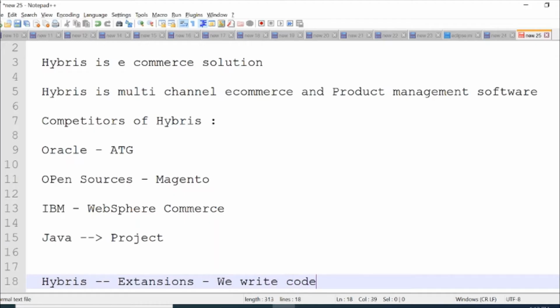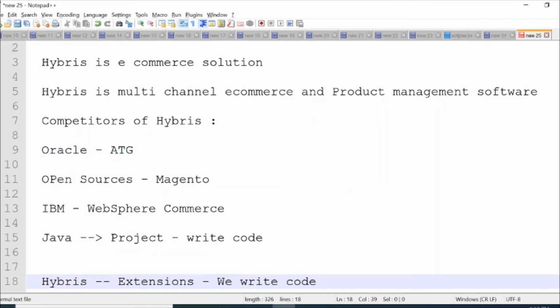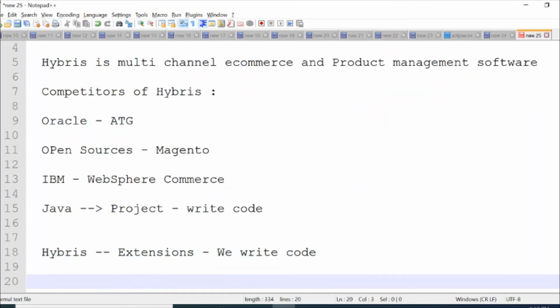So like in Java we create a project, and inside a project we write code. In a similar way, in Hybris we create extensions, and in the extensions we write code. In a similar way, in IBM WebSphere Commerce or in ATG we create modules, and inside the modules we write the code. So these are the basic things which you must know.